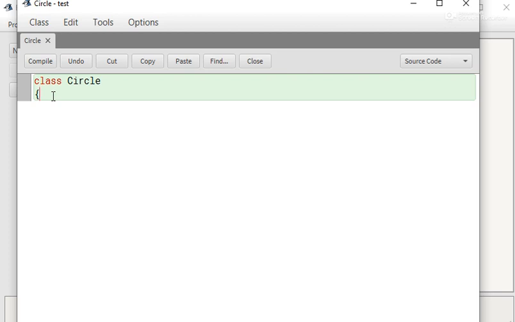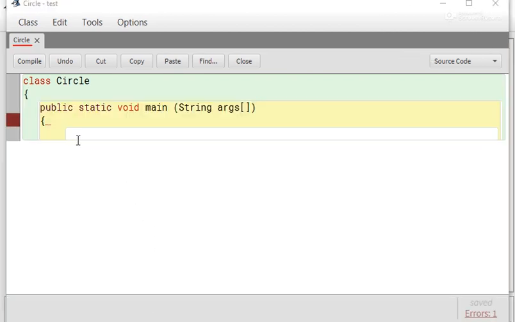About characteristics we will learn later. First, we are going to define a behavior that is the default behavior of any program, public static void main. So we will start to write here from public static void main.